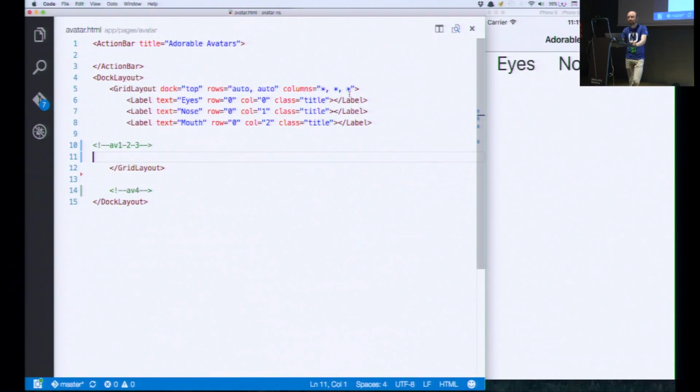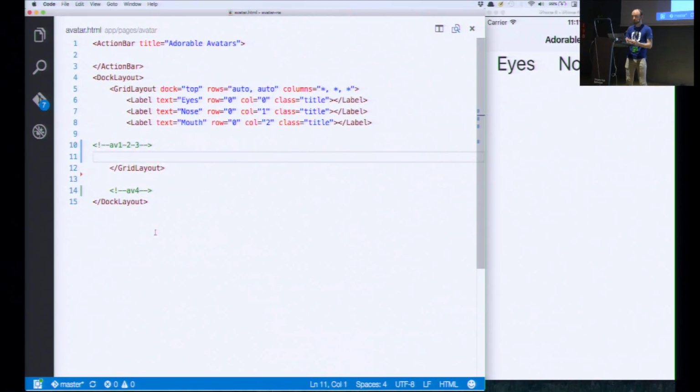So here we are. At the moment, we don't have much here, right? We just have a grid layout with some labels where we print those. And this is the interesting thing, we don't have divs, right? We said the UI in NativeScript is actually different to what you have in a website. So none of those things exist. So if I wanted to now provide the list of